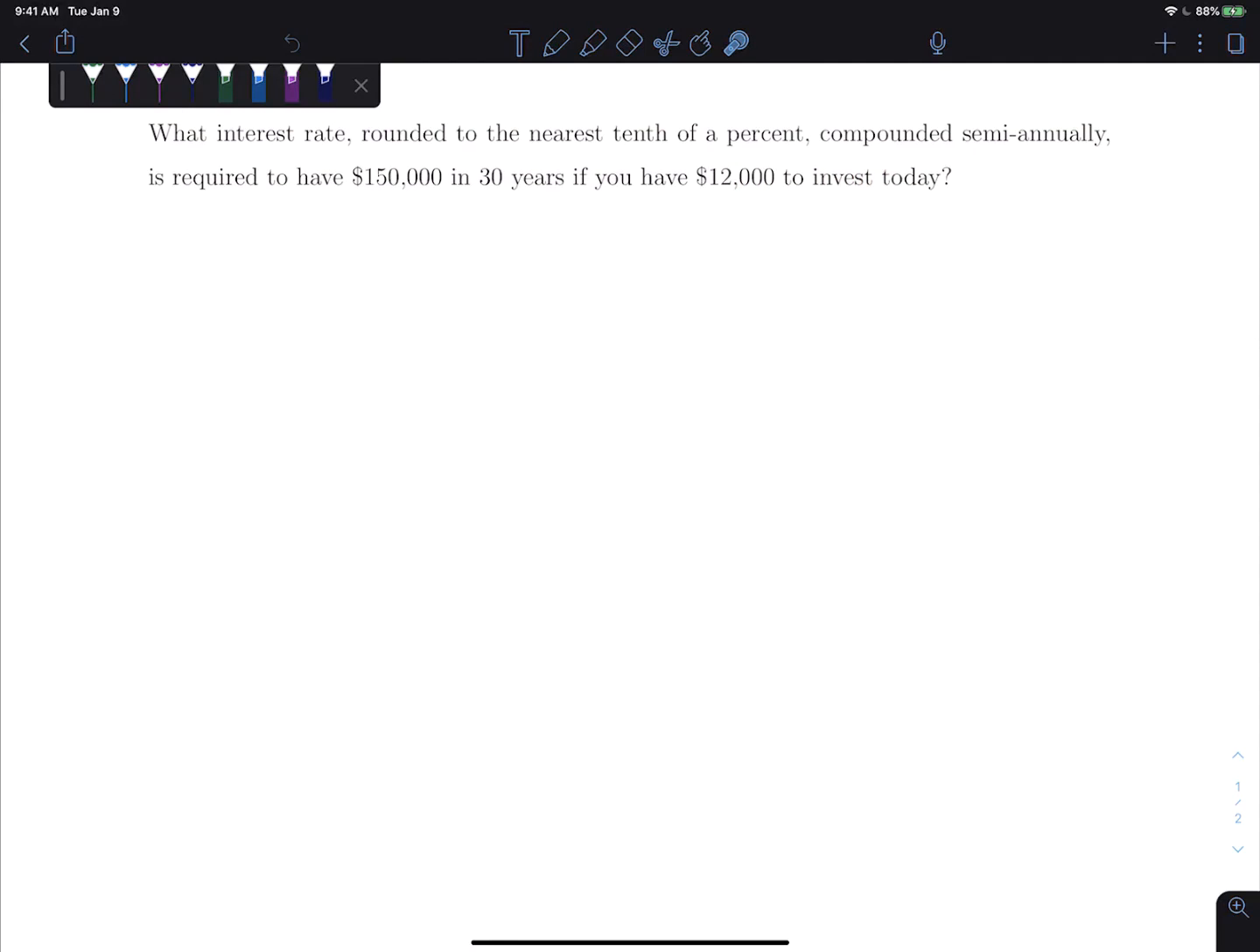Okay, again, we have a compound interest question, so we are going to have A, P, R, and T. Looking through here, what interest rate? That tells me that in this question, we don't know R. Rounded to the nearest tenth of a percent, compounded semi-annually, that tells me that N here is going to be 2, is required to have